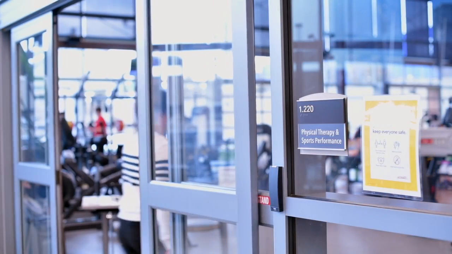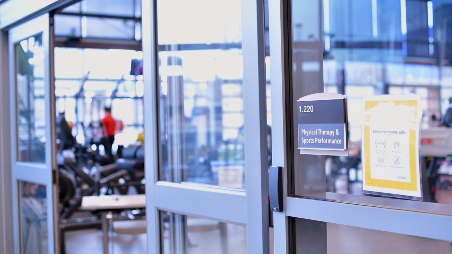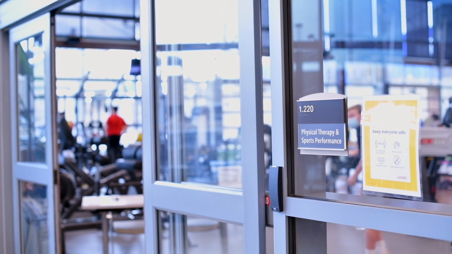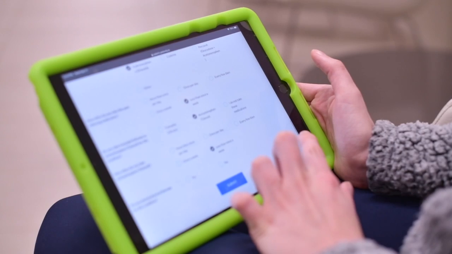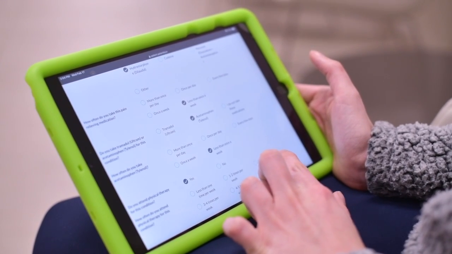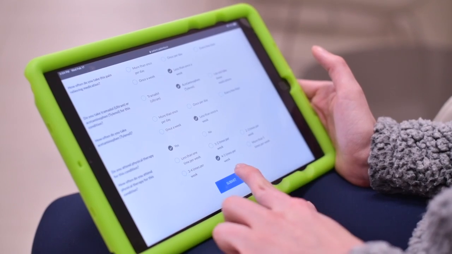When a patient comes to therapy and they've already completed their outcome measure on Patient IQ, it is incredibly helpful for our therapy team. From a therapist perspective, if that patient arrives to their appointment and they're waiting for me in the waiting room for 10 or 15 minutes, one of the most important things they can be doing is completing their outcome measure. It usually takes a patient somewhere between 2 and 5 minutes to complete an outcome measure. And so if they've done that in the front lobby while they're waiting for me, that gives me 2 to 5 more minutes of quality time that I can spend going over the outcome measure with the patient, discussing how it is going to get implemented in our plan of care, discussing what's important to that patient.